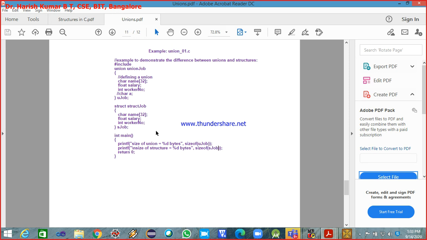Assume it's a 16-bit machine or 16-bit processor. I need your response. In this union, this is a comment statement, don't take it into account. Character A is a comment statement, don't take that into account. So leaving that, tell me what will be the memory allocated for the union and for the structure.